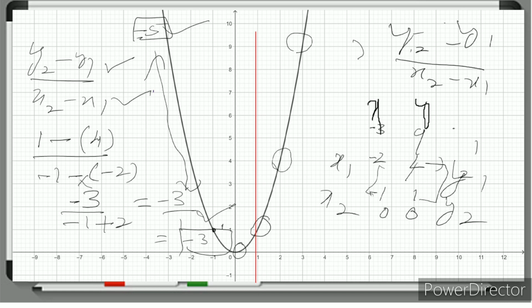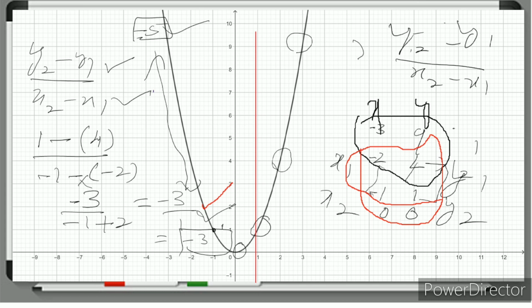When I take the two ordered pairs minus 3 comma 9 and minus 2 comma 4, I got minus 5. When I selected minus 2 comma 4 and minus 1 comma 1, I got minus 3. Therefore this given graph is a non-linear function. Of course it is a function, but